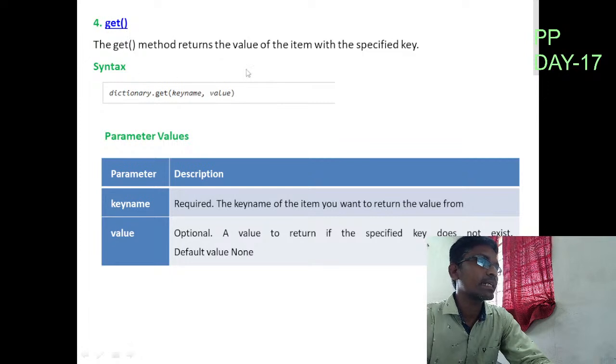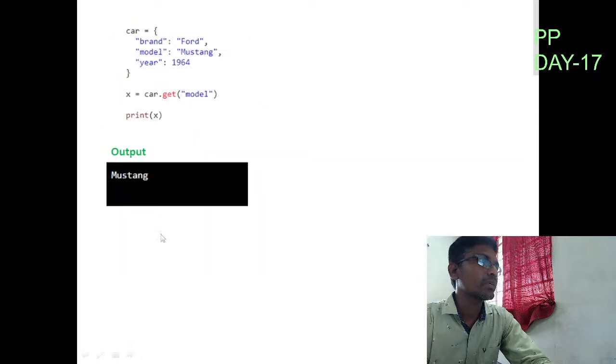So next one is the get method. By using this get method, it will return the value of the item with the specified key. The syntax for writing a get method is dictionary dot get, followed by the key name, comma, value. So for example,